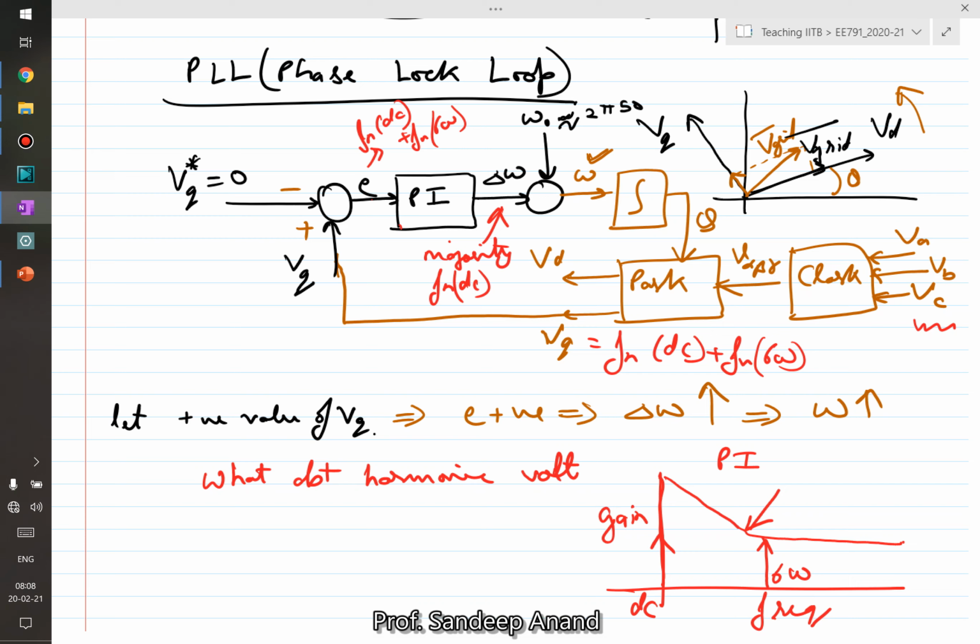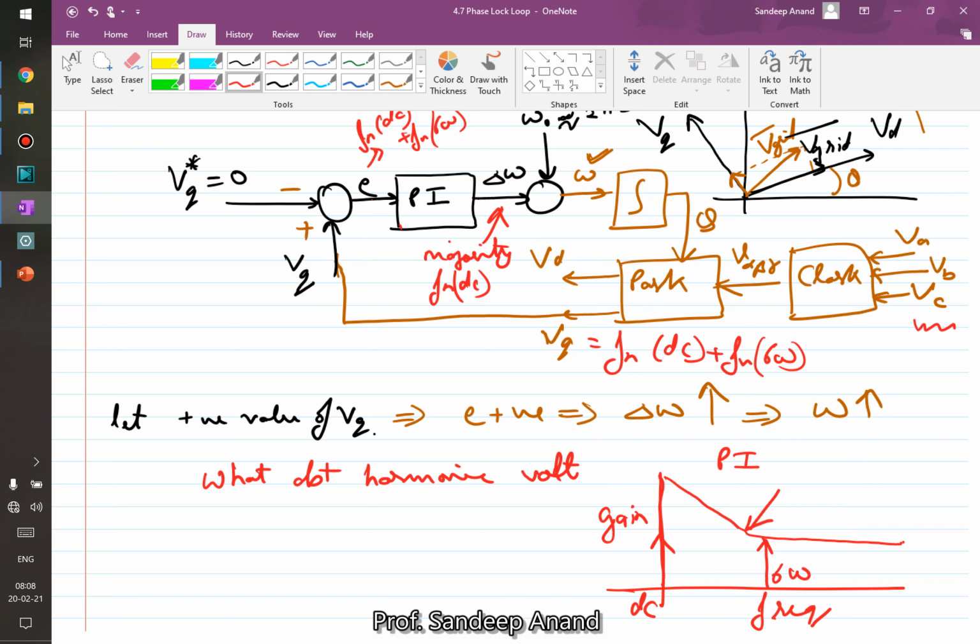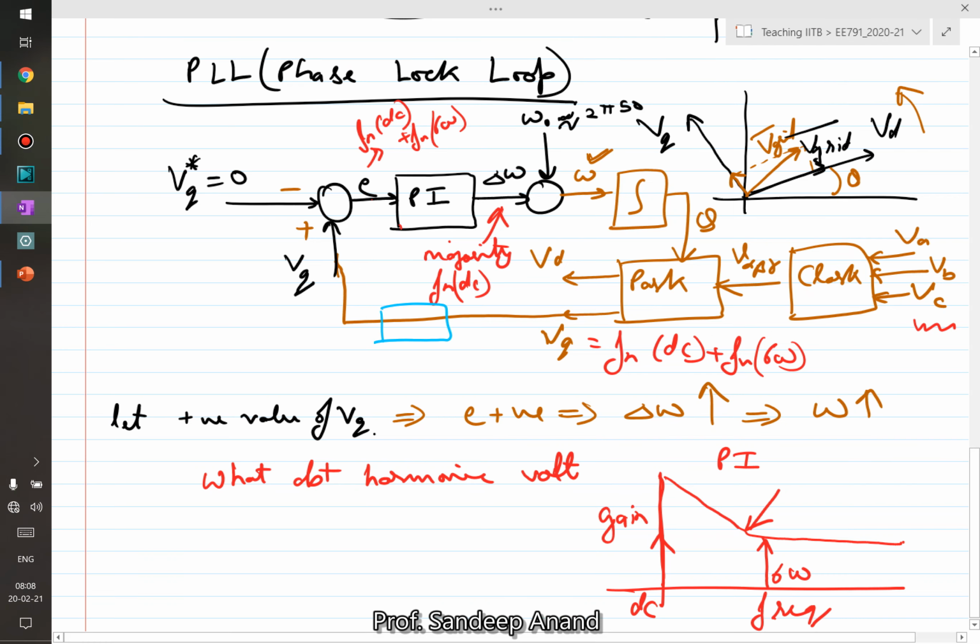In a situation where the PI is not able to give you sufficient attenuation, if you look in the literature, people do go for an additional low pass filter, maybe a second order, first order, or higher order low pass filter, which gives further attenuation to these harmonic components. You can put a low pass filter here, or you can put a low pass filter in cascade with the PI controller. Either location, if you introduce a low pass filter, gives further attenuation to these harmonic components, thus making omega a purer and purer constant value, right?